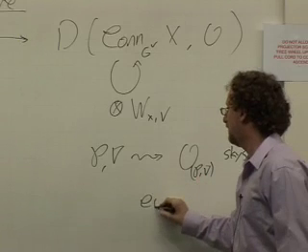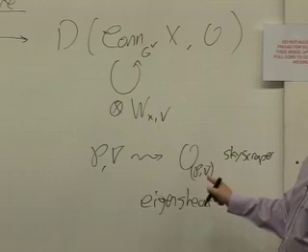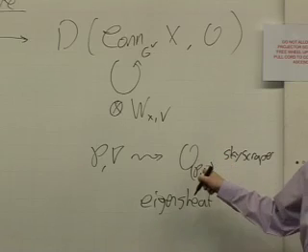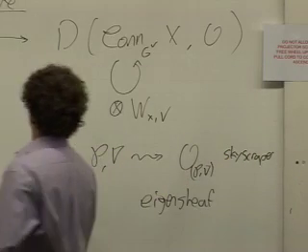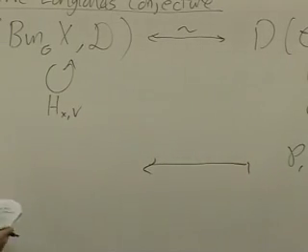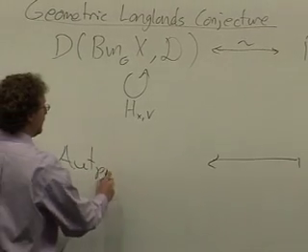So this is an eigensheaf for these operators. If you apply any of these operators to it, you just get a vector space multiple of it. So this conjecture implies that to such a thing, I'm going to assign something called Aut P,